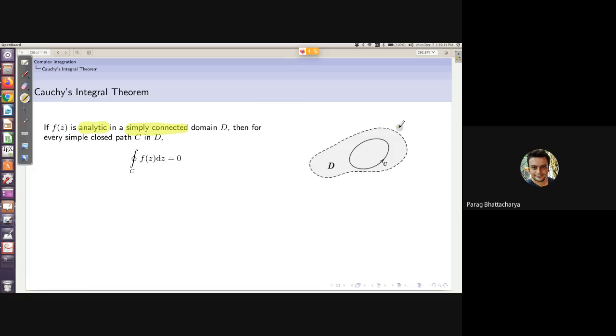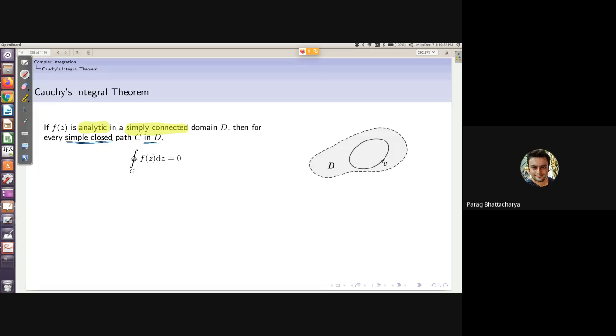So this example that we have here, we have a domain here. Is this domain simply connected? Yes, it is, because it has got only one boundary, one-fold connectedness. One-fold connectedness means simply connected. There are no holes. Now suppose I draw a simple closed path which lies completely inside this D. This is an example. C is a simple closed path which lies completely inside D.